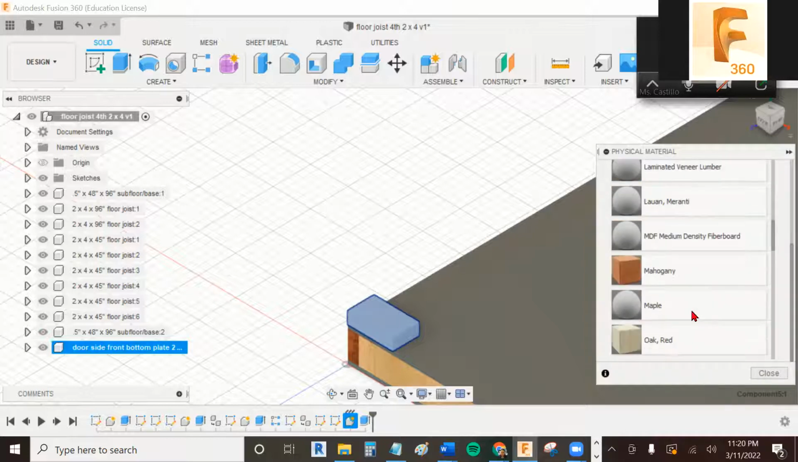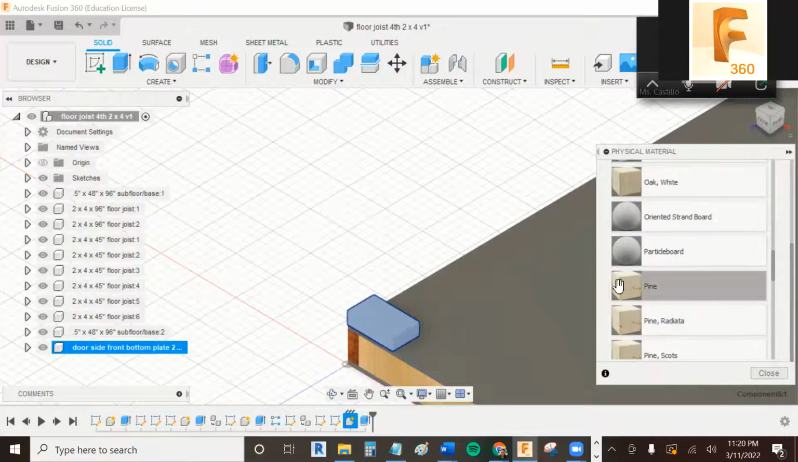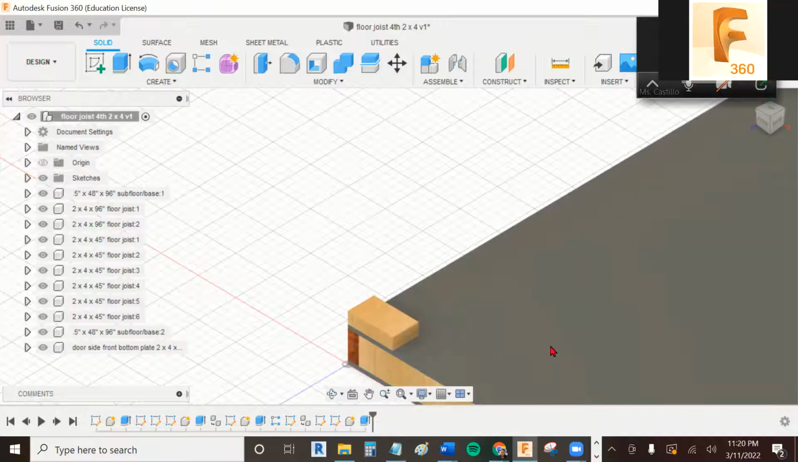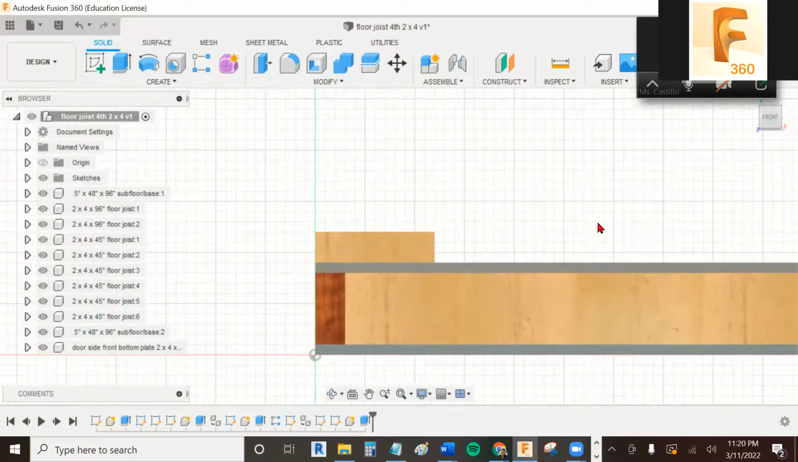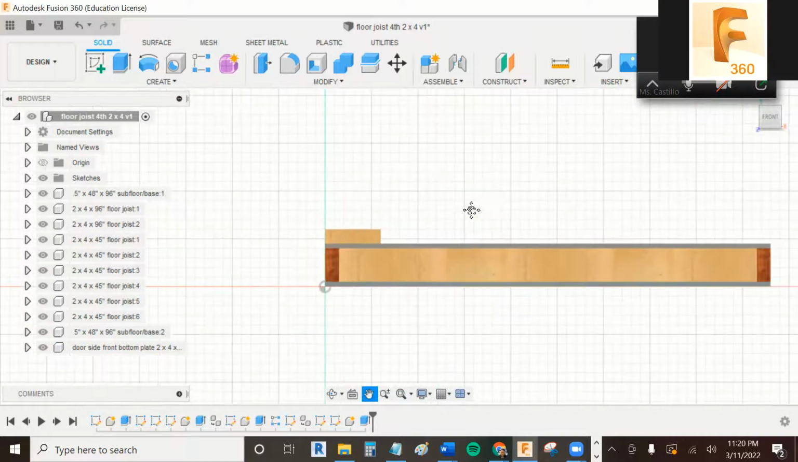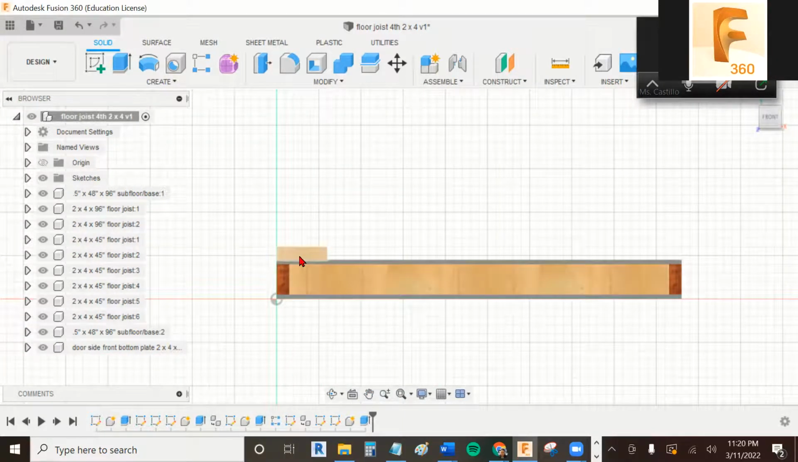Okay, and then I'm going to click on pine, just for the color contrast, so we can make sure that everything's lined up, right? So if I click on the front, it's all lined up there. So now we're going to copy this left bottom plate